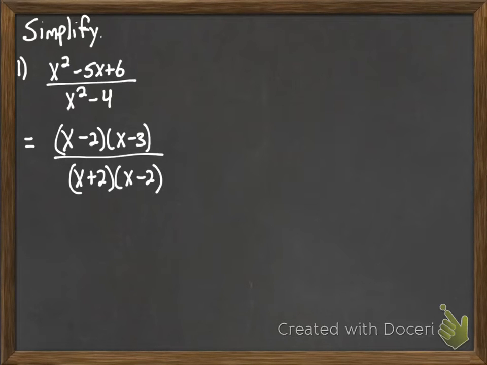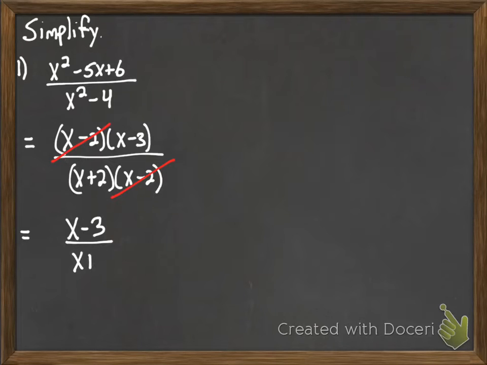Once we've done our factoring, we now go ahead and look for anything that's common in both top and bottom. In this case we have an x minus 2 that's common in both top and bottom, and we take that out. And then whatever's left will be our answer. In this case we have x minus 3